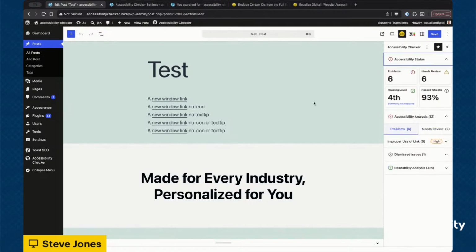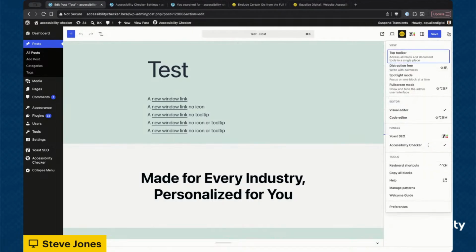So let me test you a bit here. What if you unpin this sidebar? How do you get it back? You want to test me? So the ellipses. So if I go to the ellipses in the top toolbar, and then I go to accessibility checker, and I